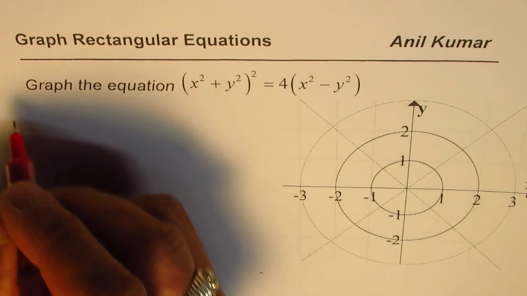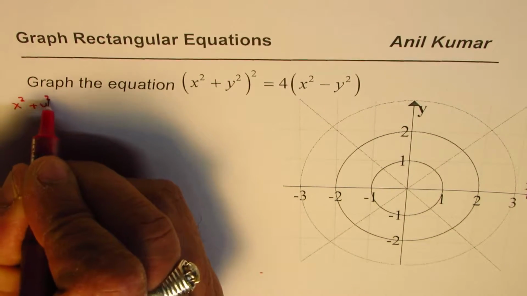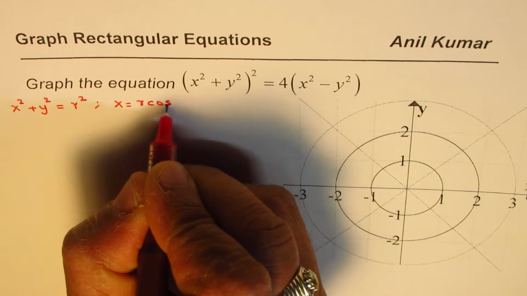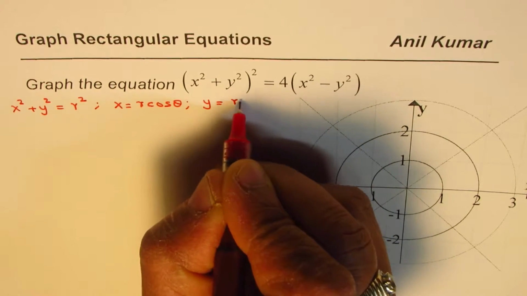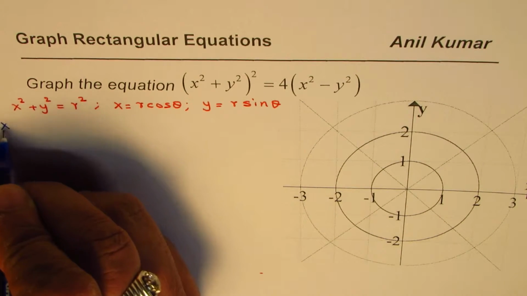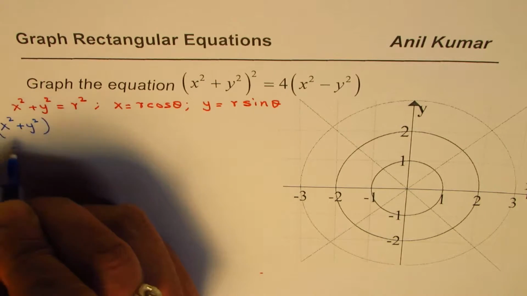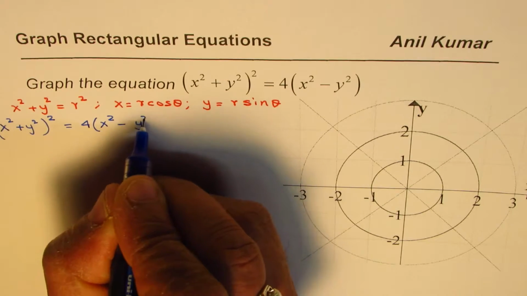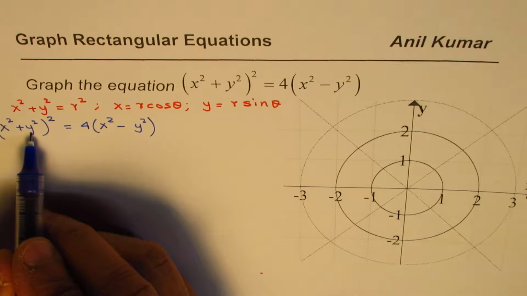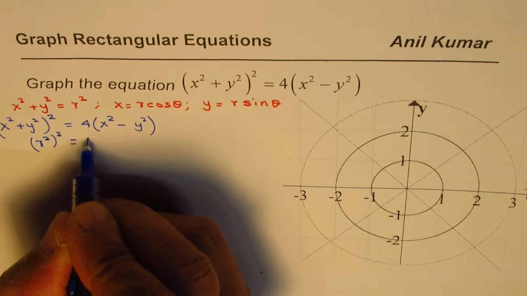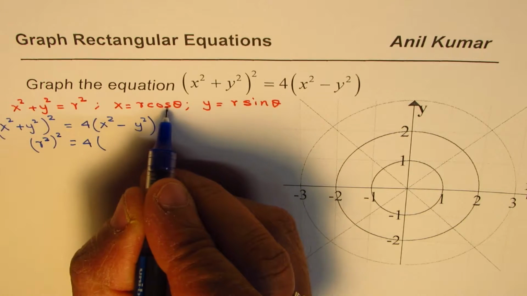For that, we'll use the relations x² + y² = r², and we know x = r cos θ and y = r sin θ, right? That should help us to convert the given equation into polar form. So the equation here is (x² + y²)² = 4(x² − y²). This is the equation. Now x² + y² is r², so I could write this as (r²)² equals 4 times x², r² cos² θ